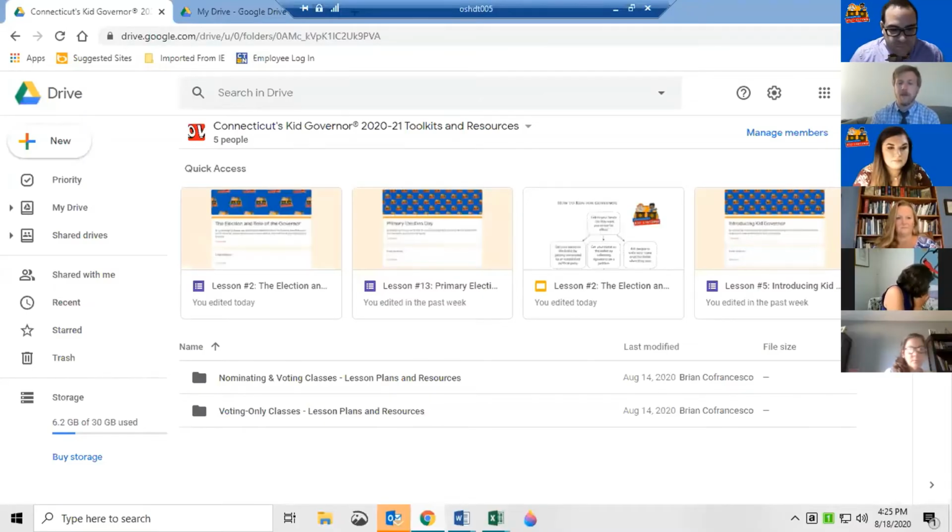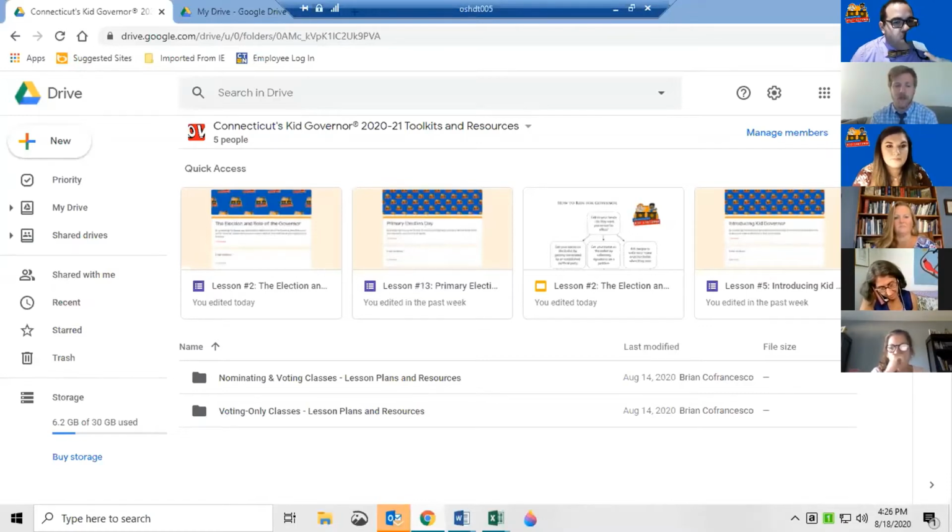All right. So the screen I just brought up is what the Google Drive looks like from my end. It's going to look very similar from your end as well. Right now, it's just going to give me some additional editing permissions that, as Brian was alluding to, you'll have to make a copy of the documents to do some of the edits that you're going to see are possible